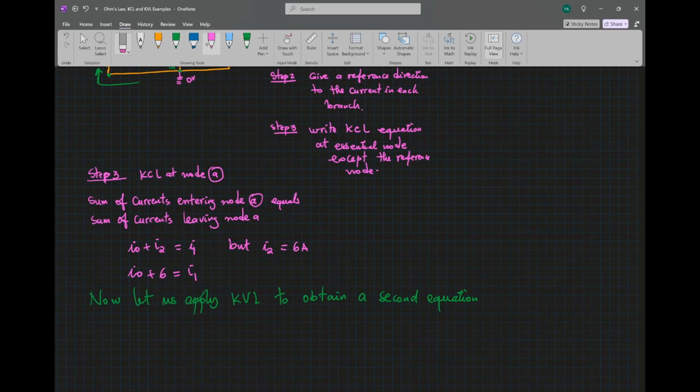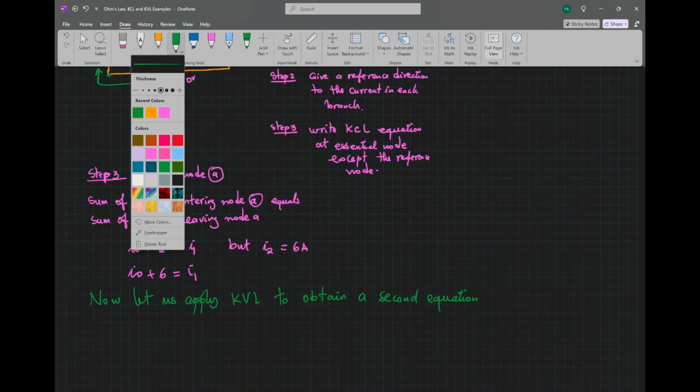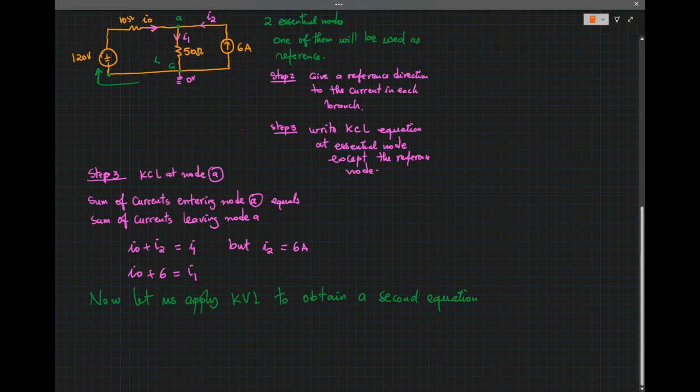So let's use red. Call this V1 and I'll call this V2. Okay, so as we give that reference direction to current, we can also give reference polarity to voltages, right,